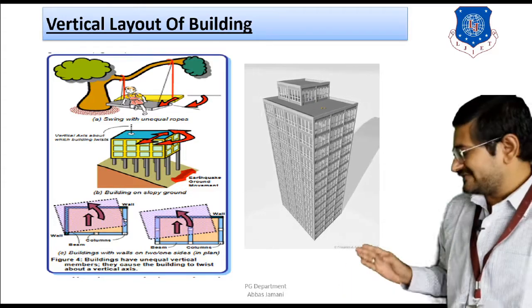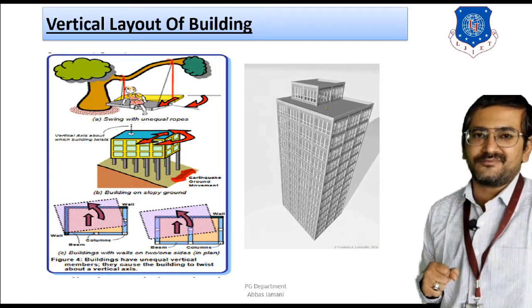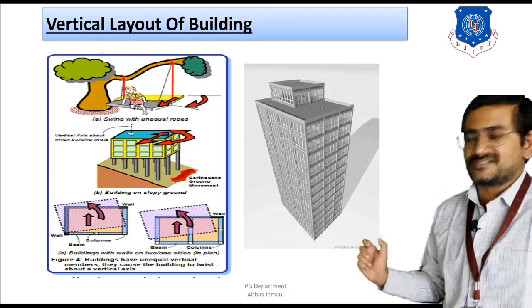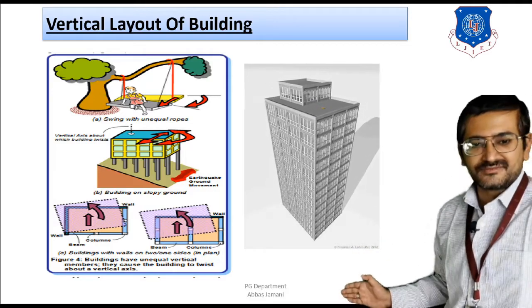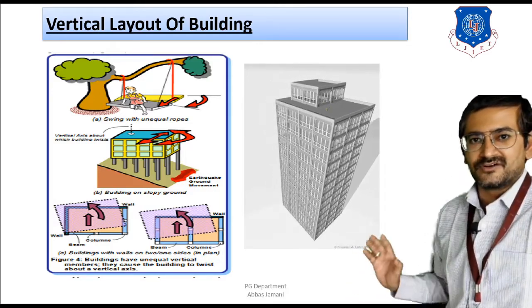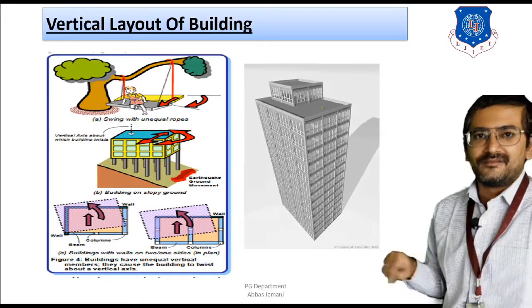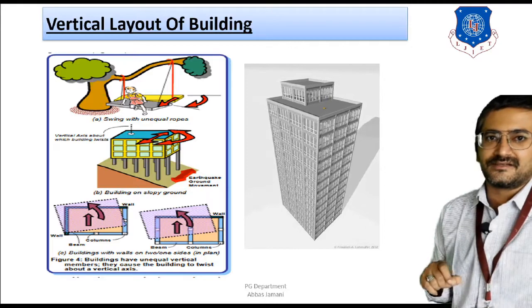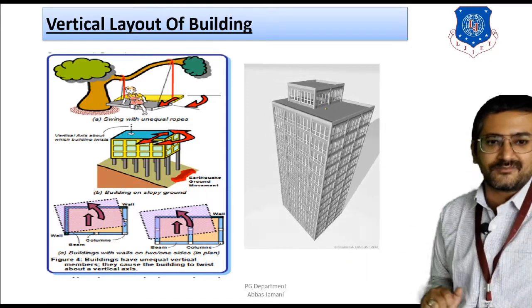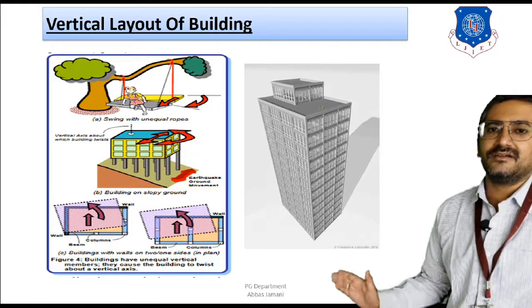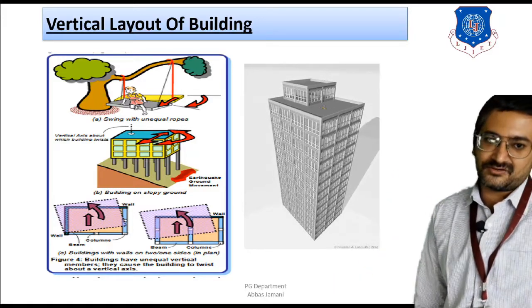So as a result, you can see in this particular figure that the building is likely to undergo torsion. That is, the front end of the building is undergoing large deformation, and as a result, the purple plan that is shown by means of dotted lines, you can see how far this particular plan is going to move under the effect of lateral load, right? The same kind of thing is explained here in the animation.